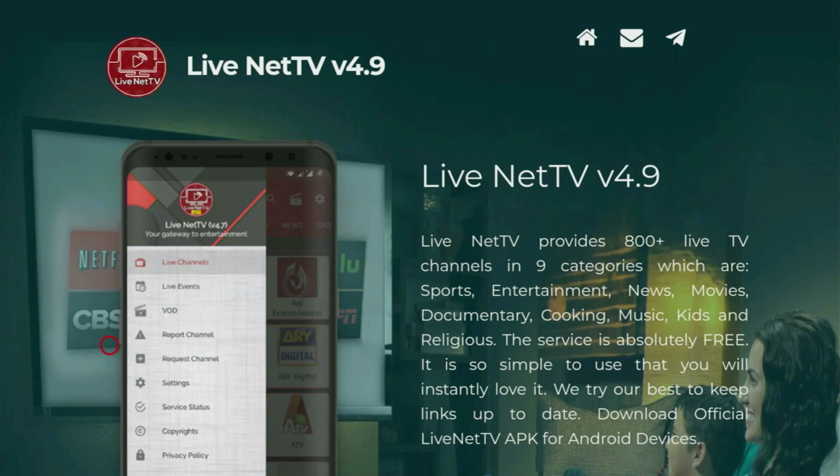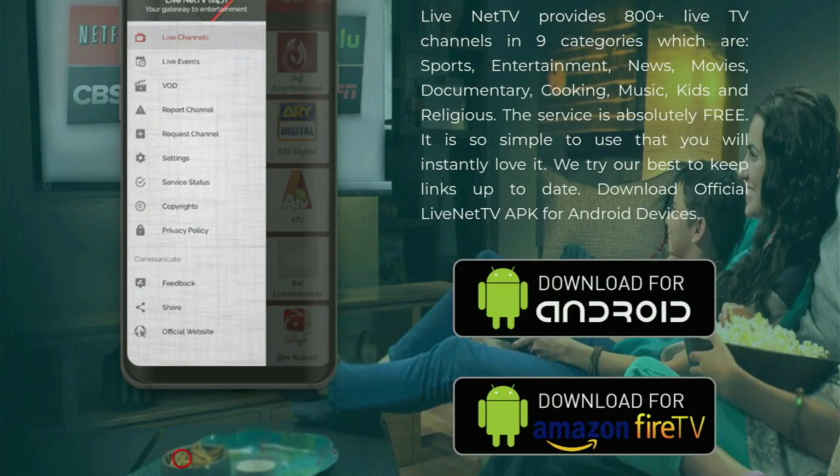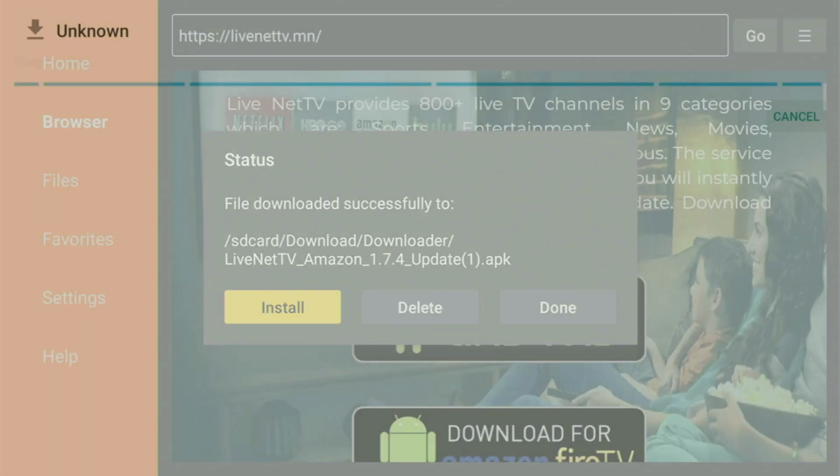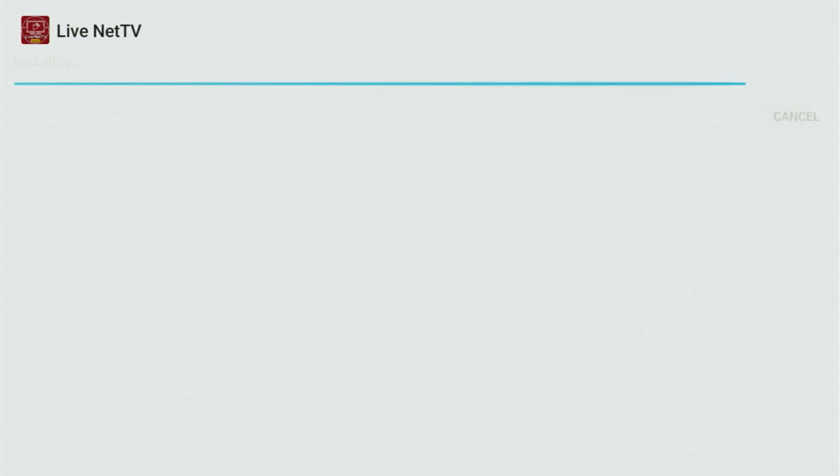And now when the website has opened, we just need to scroll down a bit and click on Download for Amazon Fire TV button. And now the download of the first app has started. Usually it doesn't take long, but of course it all depends on your connection speed. And then you click Install and just wait a bit for the app to finish installing on the Fire TV